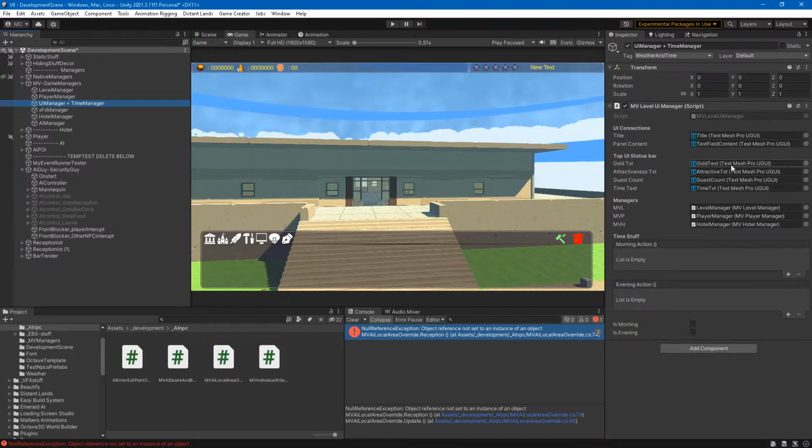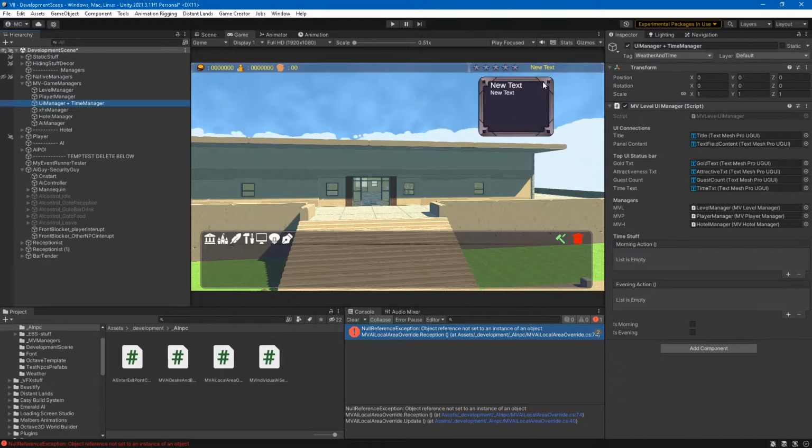Then I have the status bar. That's the top bar you see at the top. Gold, attractiveness, guest count. I will add a star manager soon, so we can manage how many stars you will get depending on the hotel attractiveness. And of course the last one is time. Time is just measured as we get it as a string from